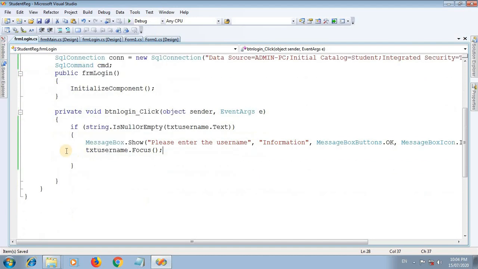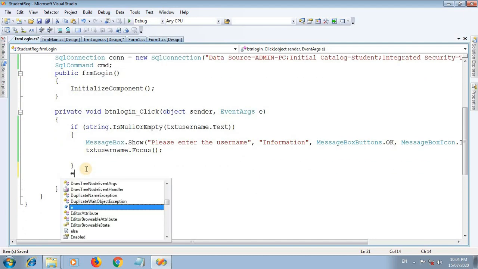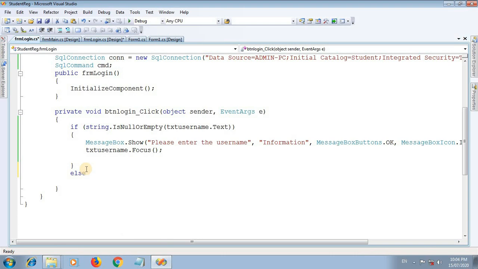Same condition for the else if. So string.IsNullOrEmpty, with our second text box, that is txtPassword.Text.